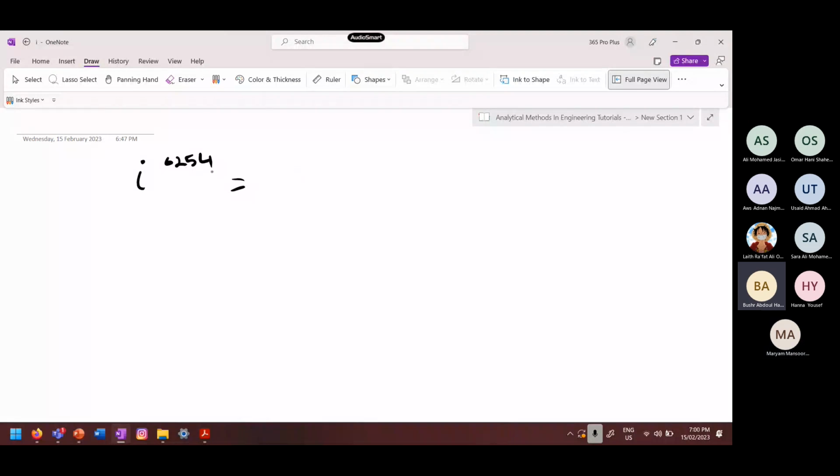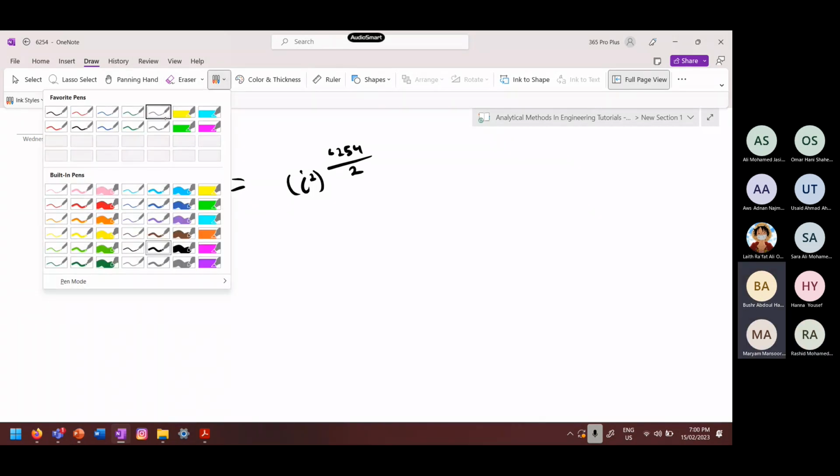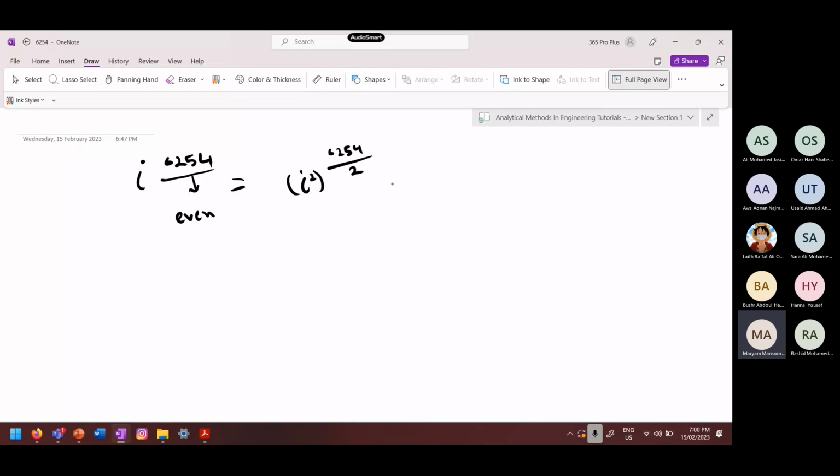You will start by checking if this number is even or odd. Is it even or odd? It's even. So you'll go this way: i squared to the power 6254 over 2. Okay. i squared is actually equal to -1. And 6254 over 2 is